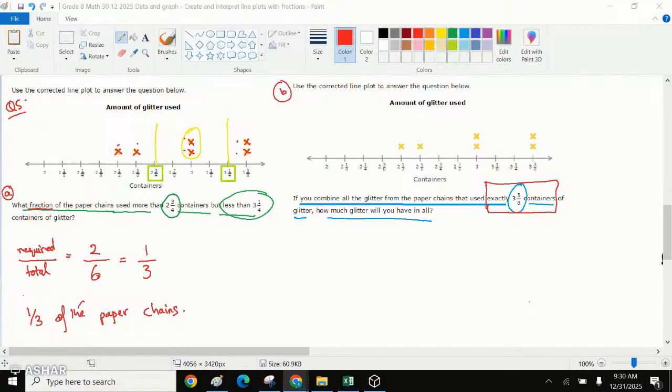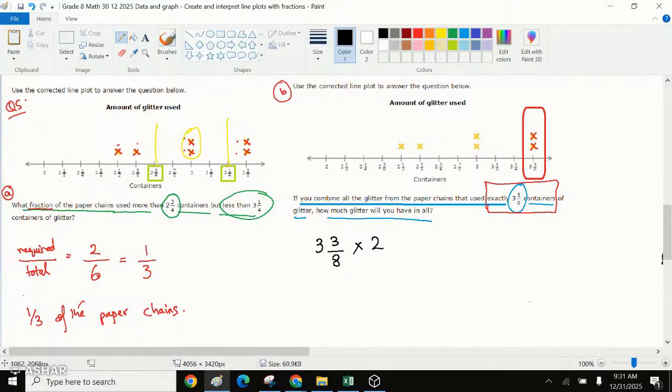How many containers were there which used exactly 3/8? There were 2 containers which used exactly this, right? So what should be the total? That means 3 upon 8, and there were 2 containers, right? The quantity used was 2, right? So what we can say is,